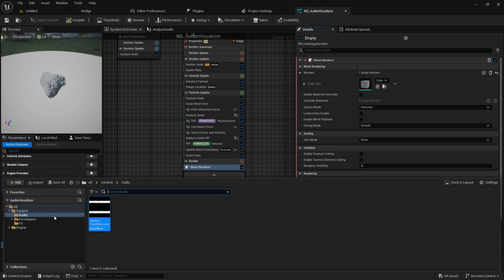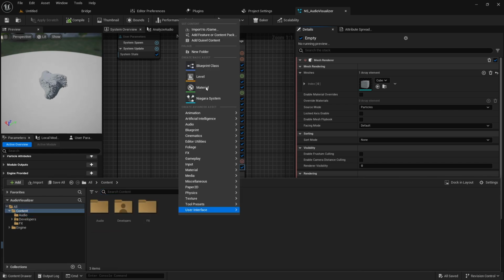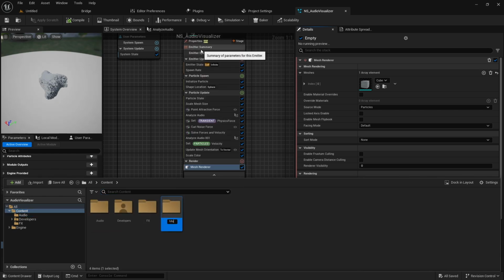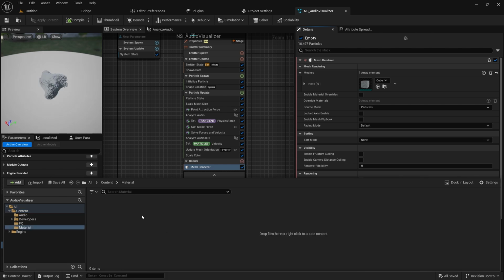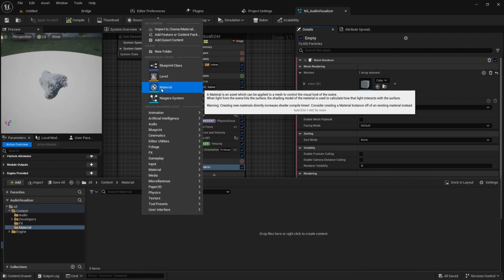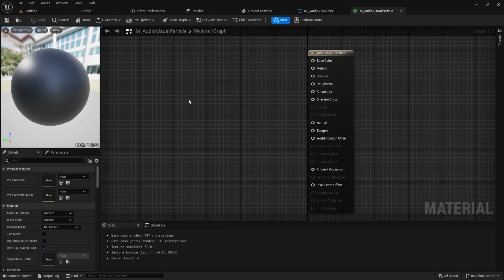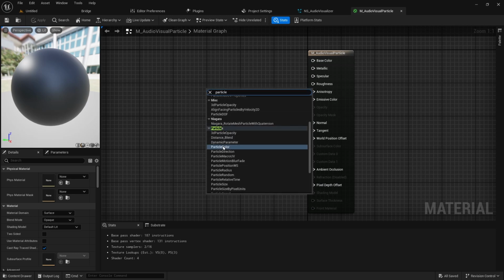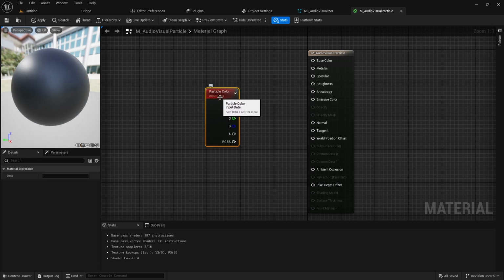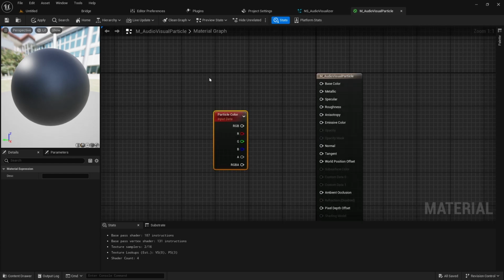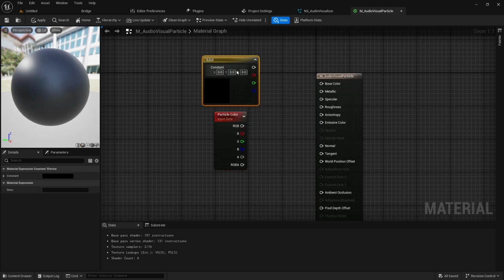So let's go back to the content folder, and I'm going to add a new folder and call it material, and dive into it. I'm going to right click on it and click on material, and name it M audio visual particle, and save it and open it. So here we need to use the particle color. Particle color can get the color information from the Niagara. So you can use the vector color,